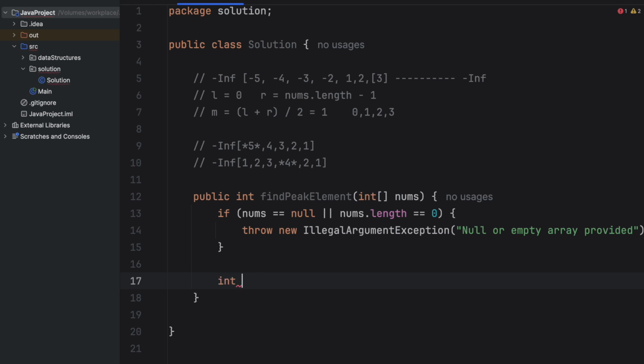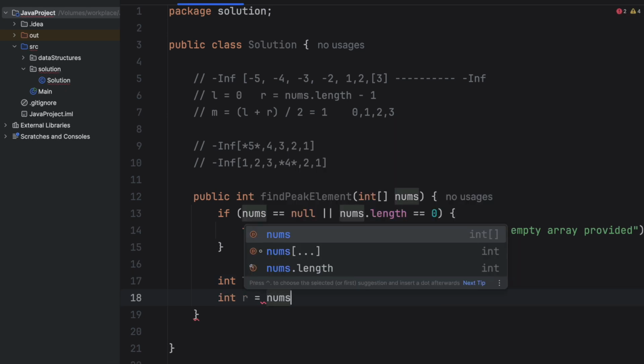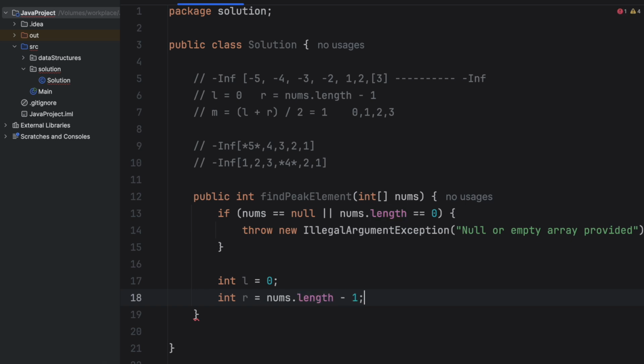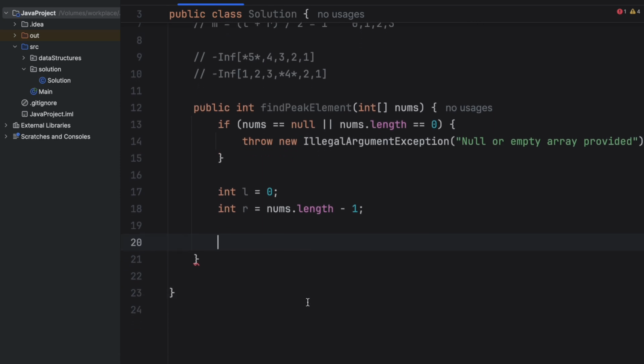So let's define the initial boundaries for the binary search. We can say int L is 0, int R is nums.length minus 1, the leftmost and the rightmost index. So L and R are the indexes of this array, and L is the first element, R is the last element of the provided array. And we can do something like this: while L is strictly smaller than R,